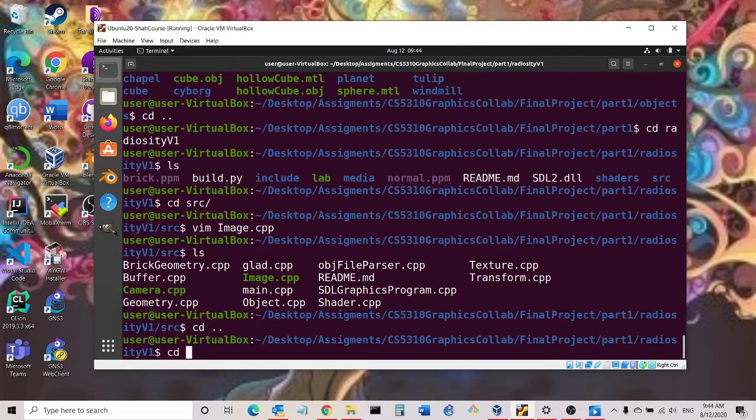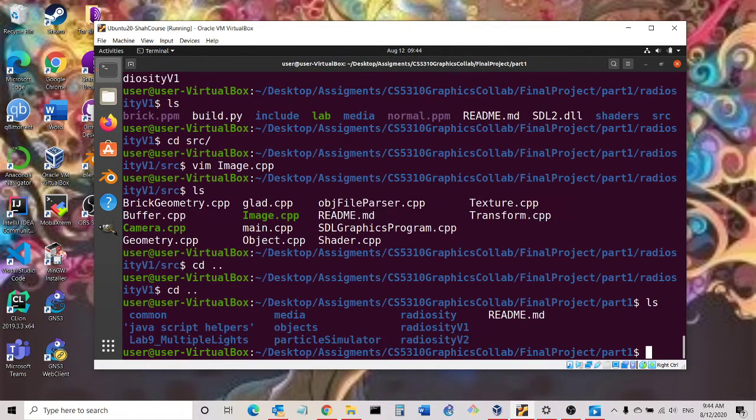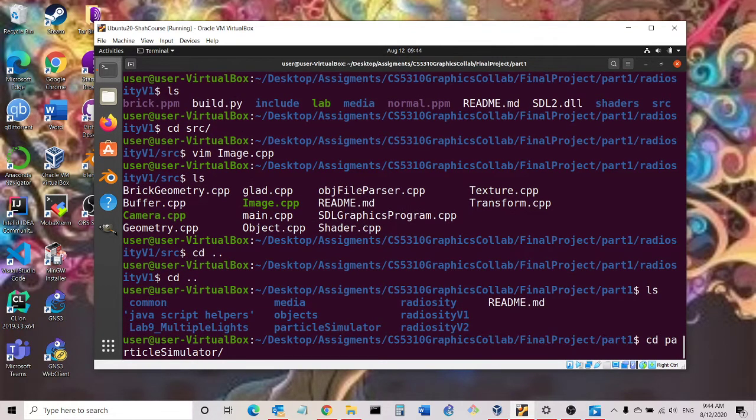Now, we did try one other project because we originally looked into it, but we were uncertain if we could complete it due to its difficulty. Where we already knew how to do Radiosity, the particle simulator was something new. In the particle simulator, we were hoping to actually try, and the